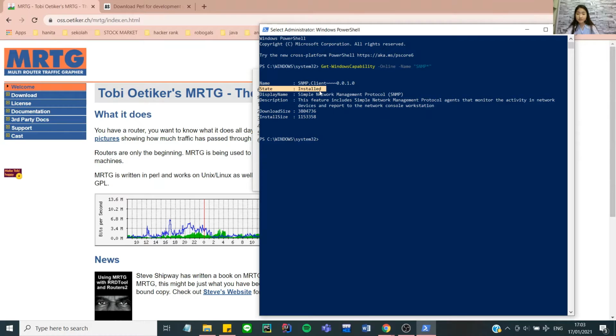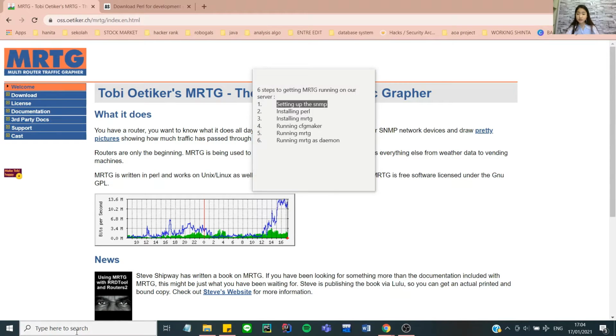But if the state says that SNMP is not present, we have to install it first, or otherwise we cannot run MRTG later on in our Windows. You can read my notes, inside the description below this video, on how to get SNMP installed on Windows. And since it says that it's already installed, we can close this PowerShell and then go to the Control Panel